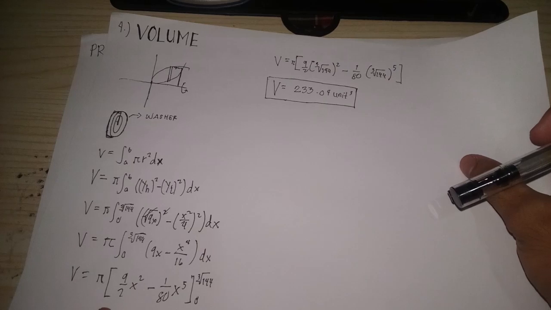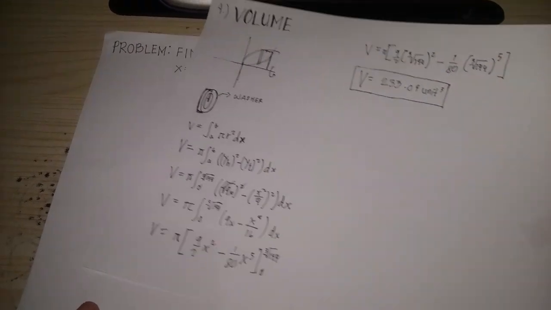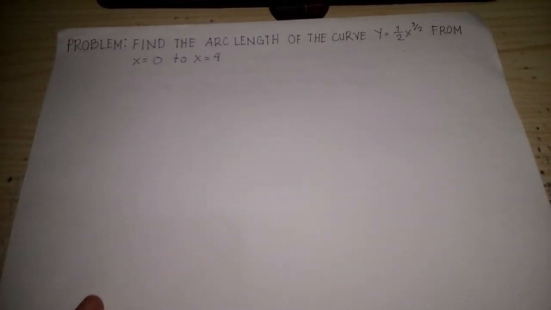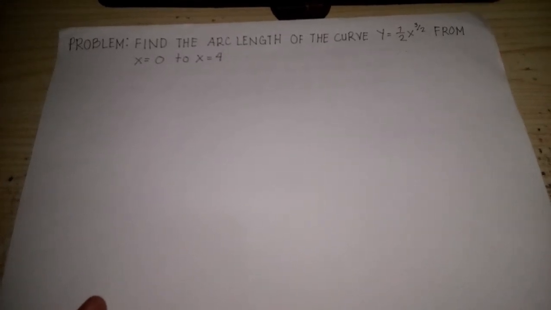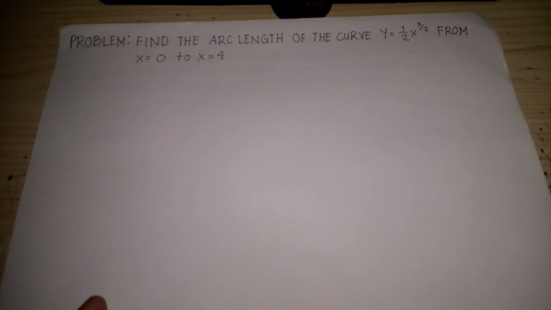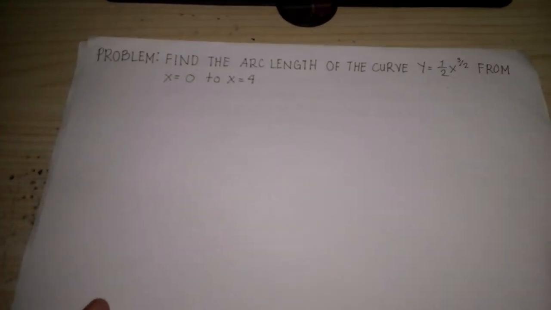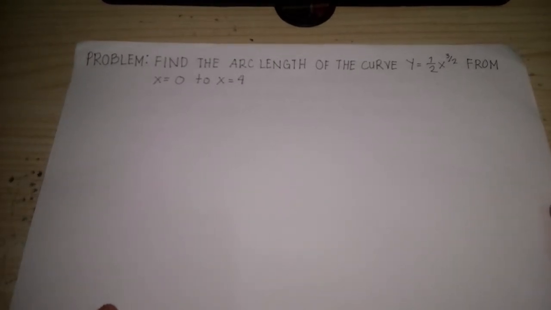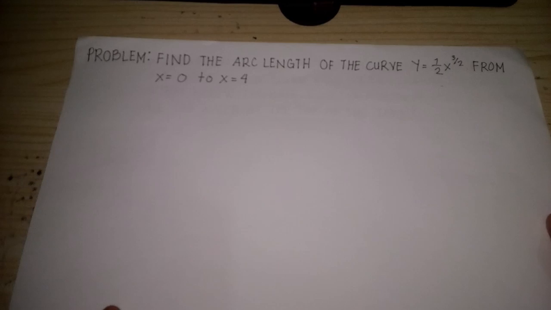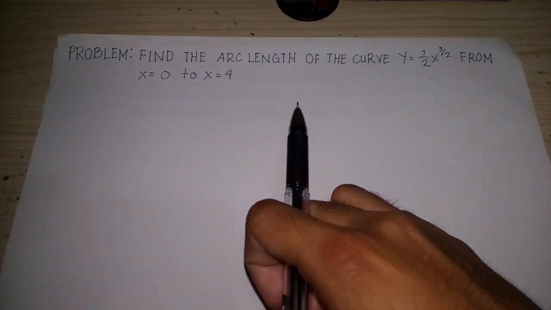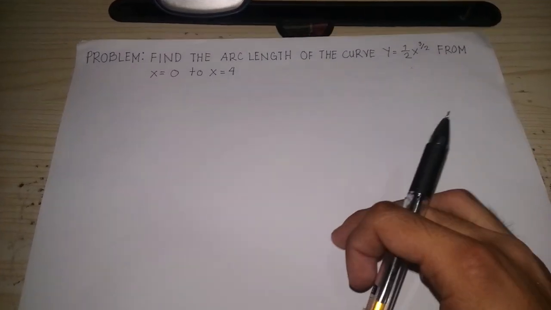which is the length of curve. So as I've said earlier, there will be a different problem for our length of curve, since it is not connected with our previous problem. Now, solving length of curve, let's first know our problem. Find the arc length of the curve y is equal to 1/2 x raised to 3/2 from x is equal to 0 to x is equal to 4. So how should we do this?